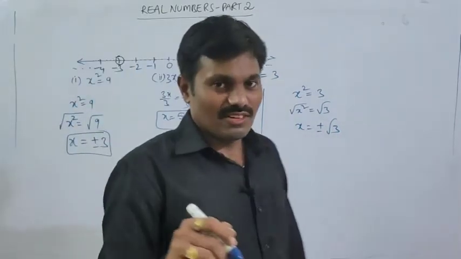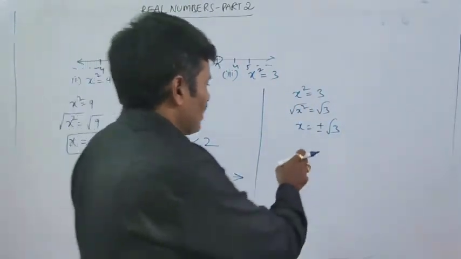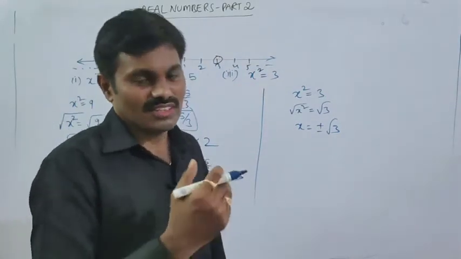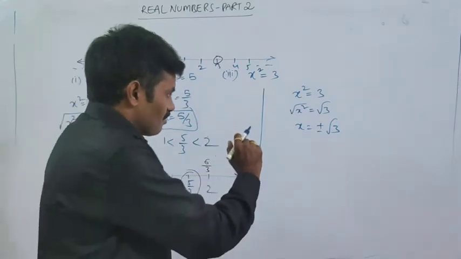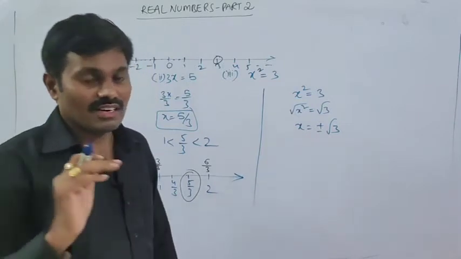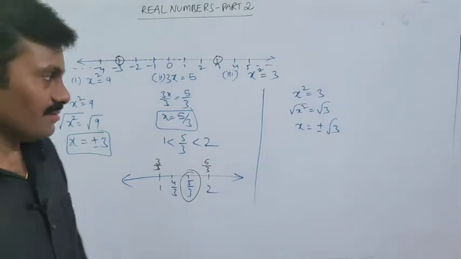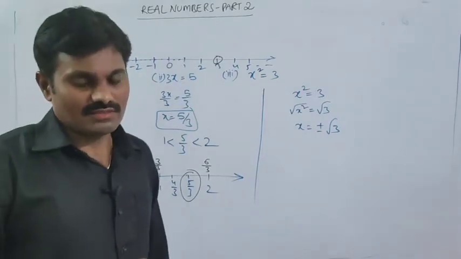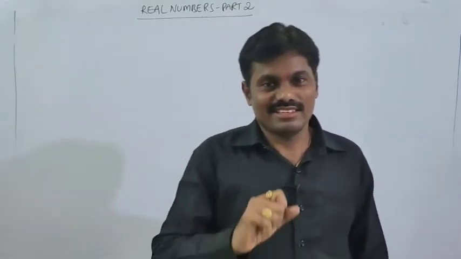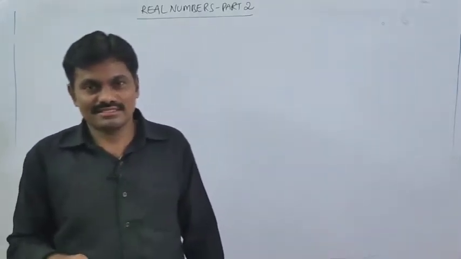So in this session we talk about finding the values of root 2, root 3, root 5, root 7, how to find the values of these by using the long division method. We use the long division method to find the square roots of these numbers. Okay. Are you clear about this? Then what is the value of root 3? Then how to represent the value of root 3 on the number line?